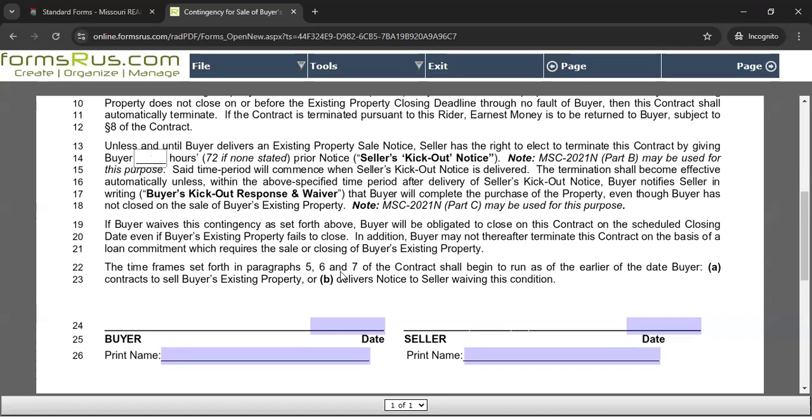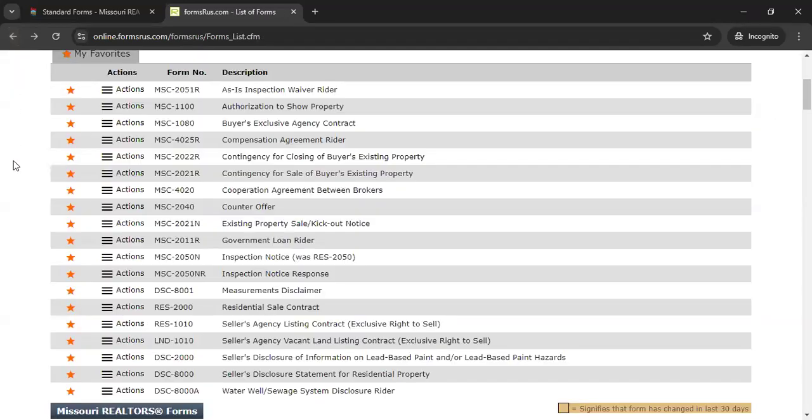And the time frames in paragraphs 5, 6, and 7 will begin once the buyer gives us notice of existing property or delivers that they're waiving this condition. So your buyer's not obligated to do inspections and any of that stuff until their property actually goes under contract. Okay. So we've got this in place, and